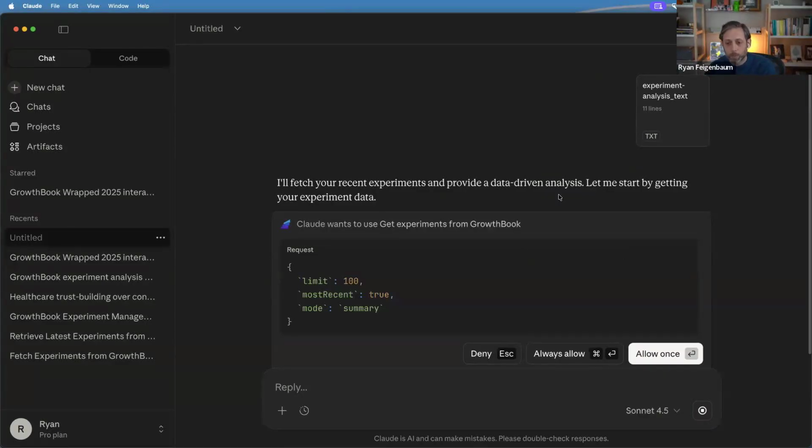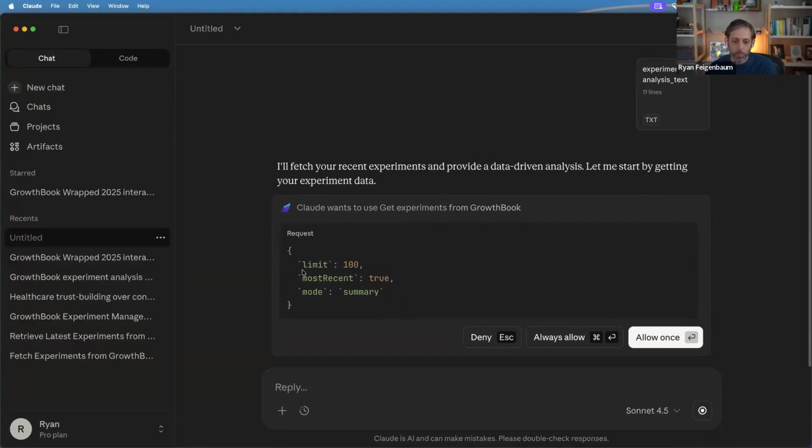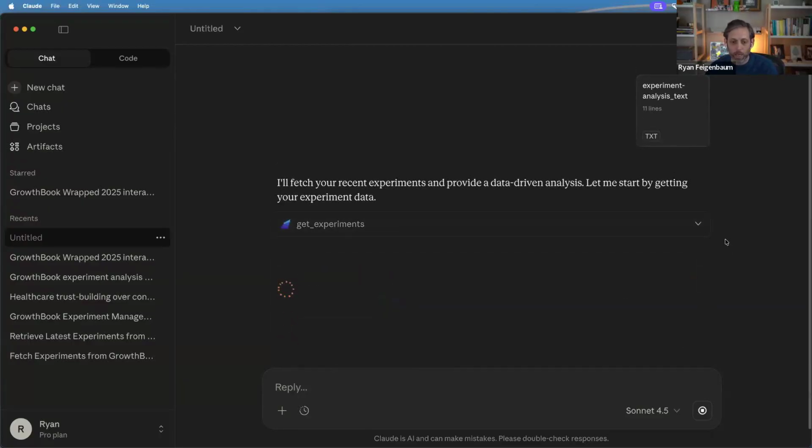So again, we see that Claude is asking for permission, and we can see that the most recent is true. The mode is summary, so everything looks good there. I'm going to click allow,